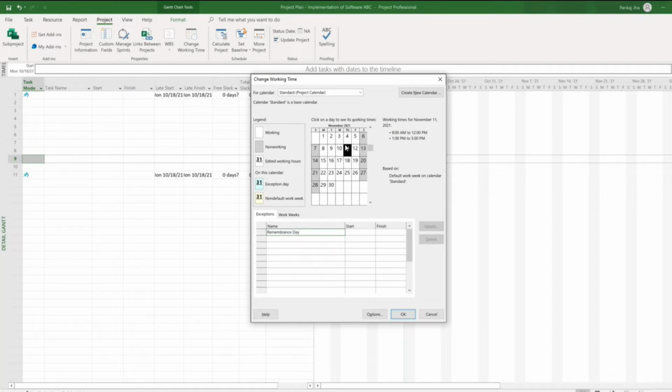So what you have to do is select the date that you want to change as a non-working time, and just type it. You can see if I have selected Remembrance Day, it says November 11th is a non-working day, right? Or else you can type, like, I want to put 25th December as Christmas, right? It's a holiday. So I'll put Christmas,